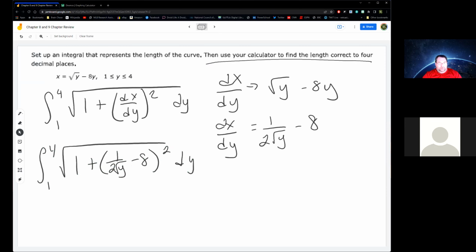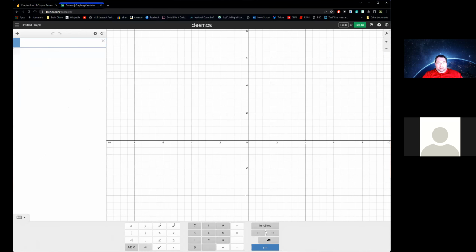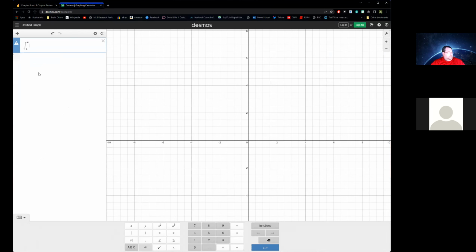Now we just plug it into the integral. Since this one says use a calculator, we're going to use Desmos for this one. So remember, you have to use the graphing calculator for this. If you click on the little keyboard thing at the bottom, go to integral, calculus, and my integral's right there. So we're doing it from 1 to 4. And then it's square root, 1 plus